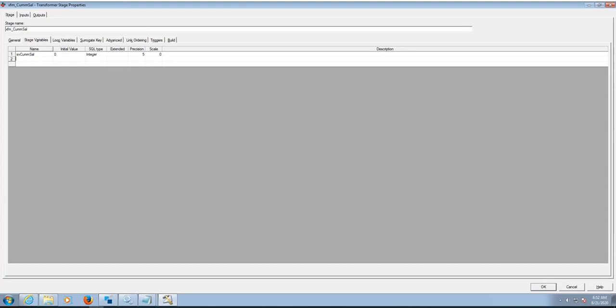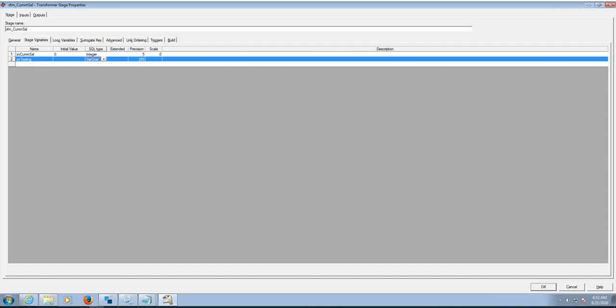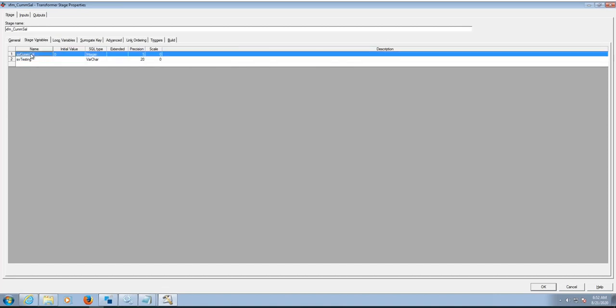Okay. So I will create one more expression like SV test, stage variable test. Okay. And I'm creating a varchar and the length I need is 20. So here we are calculating a stage variable for cumulative salary.